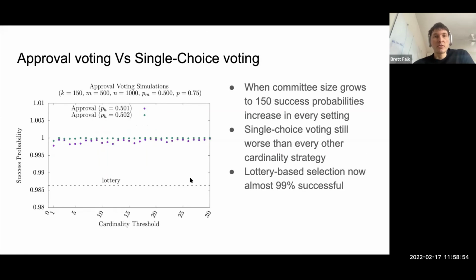And if you increase the committee size, that was with committees of size 21, which is what EOS uses, and what BSC uses. Here are committees of size 150, which is what Cosmos uses. All the probabilities go up. The bigger the committee, everything goes up. The probability that a randomly selected committee is 2/3 honest is now almost 99%. But we still see that single vote voting is basically the worst of all of the approval voting options, even with these larger committees and with voters having very little information.